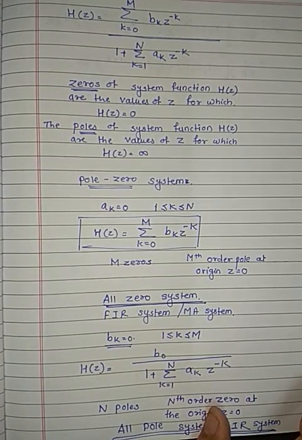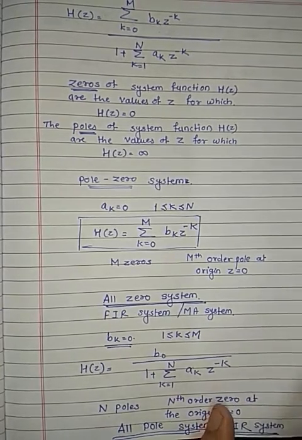Now we are going to see the stability criteria for the system. What is the stability criteria for the provided system here? We can prove that the system having this system function is stable if and only if all poles of H(z) are inside the unit circle. So what is the criteria for a system to be stable? One condition is that all poles of H(z) should be inside the unit circle.